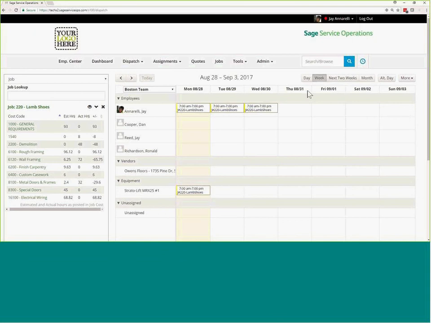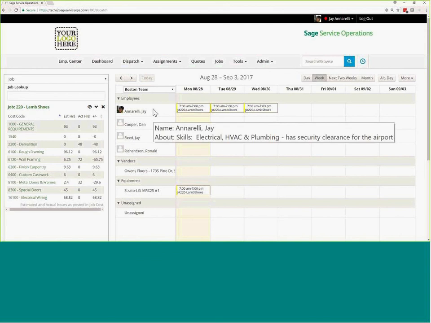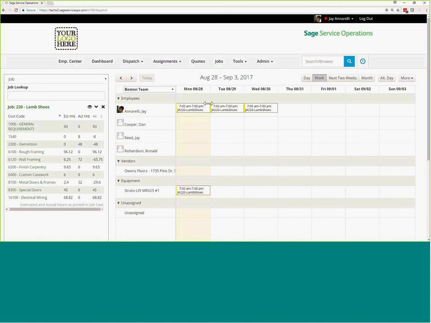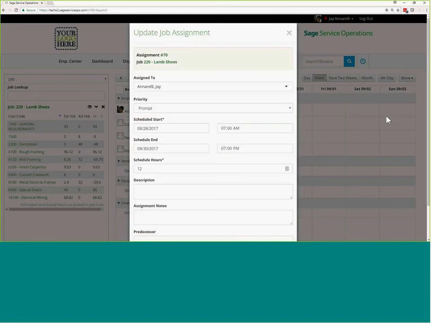A couple other things, I can hover over J here and I can see more details. You can actually store their skills or additional information about J. You can put a mugshot in there so you can see what they look like. You can also drill into that assignment if needed, so I can see, where am I going, what am I doing type